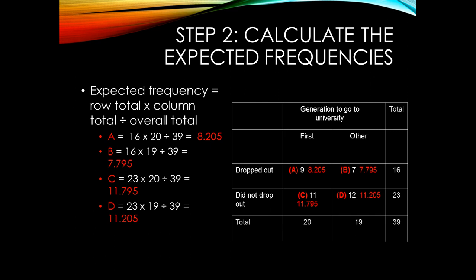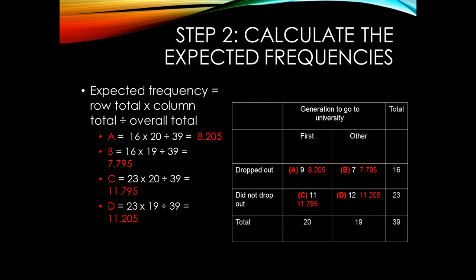Likewise, if you locate C on the grid, going across horizontally, you find the number 23. Going down vertically, you find the number 20 at the bottom. So 23 times 20, if you want to do that on your calculator, would give you a result of 460, and then if you divide that by 39, that would give you